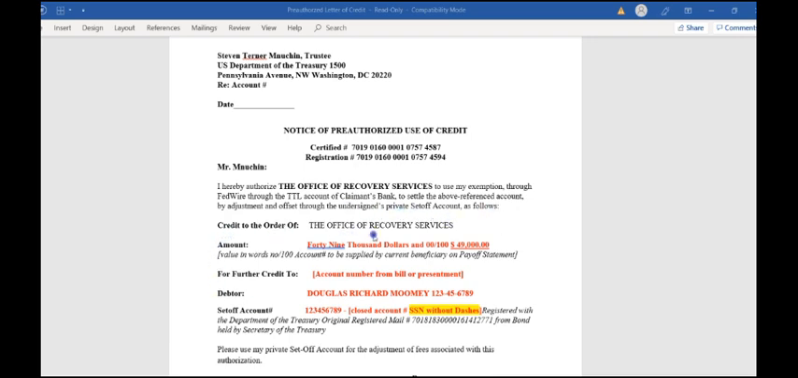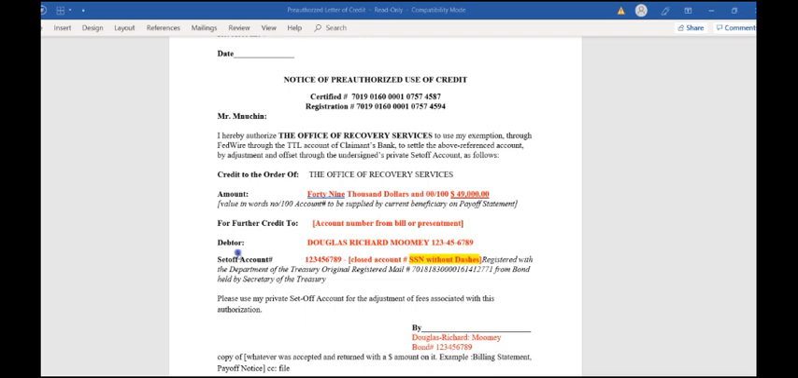You credit to the order of the Office of Recovery Services, you put in the amount, further credit to the account number from the bill or the presentment or the payoff statement that they gave you. You put in the debtor, who's that? That's in all caps, and then that would be your social security number with dashes. The set-off account number is my number on a closed, private account, which is your social security number without dashes, and I have it registered with the Department of Treasury, and there's my original mail number that I sent